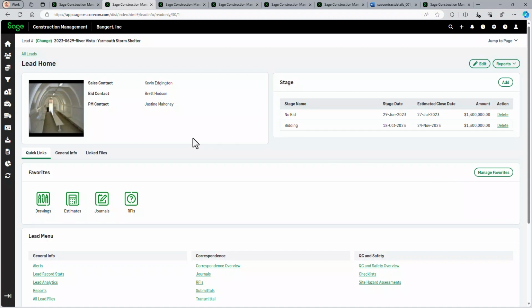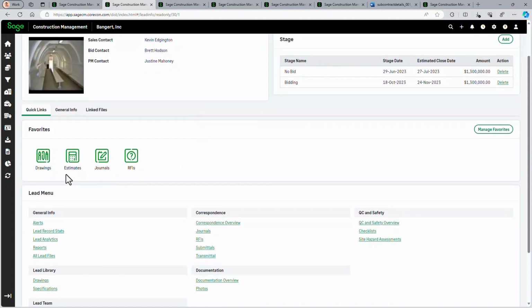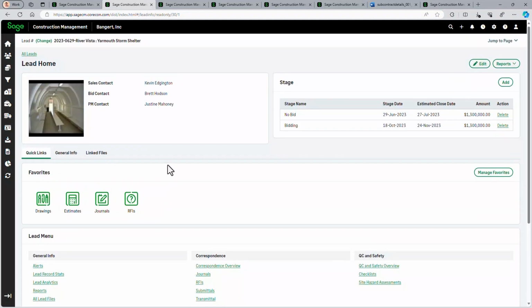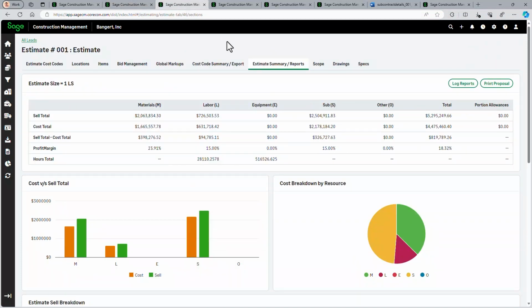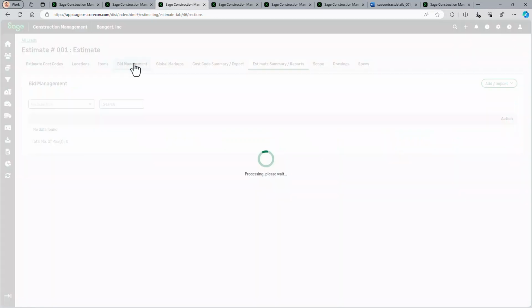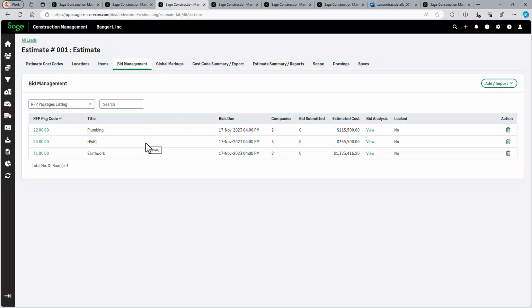So this is what a lead screen would look like. And you can see here we have estimates as well as RFIs that can be involved with that lead. When we bring up an estimate, we have full view of both cost and sell, as well as the ability to manage those bids that are participating on a project that you're bidding on.